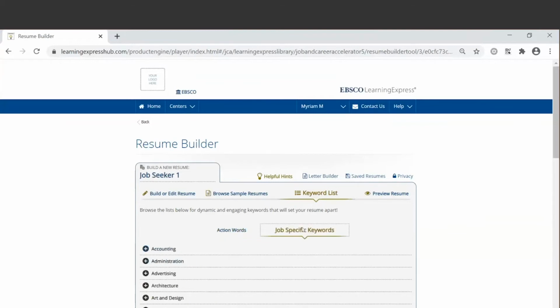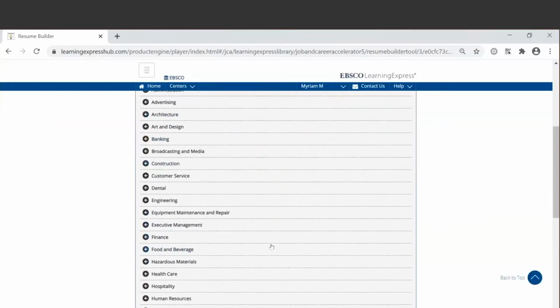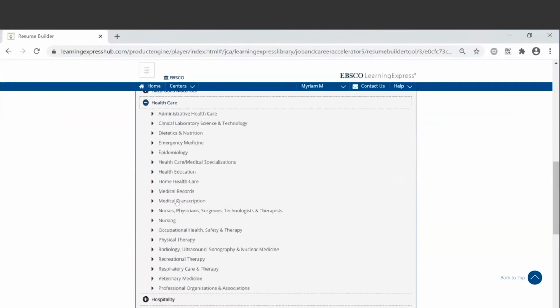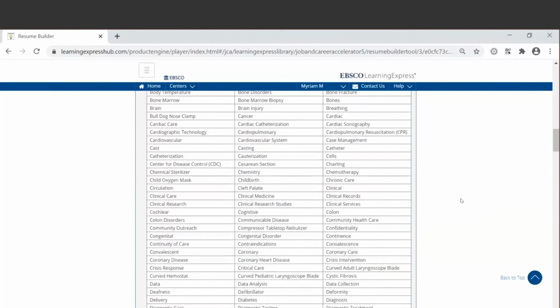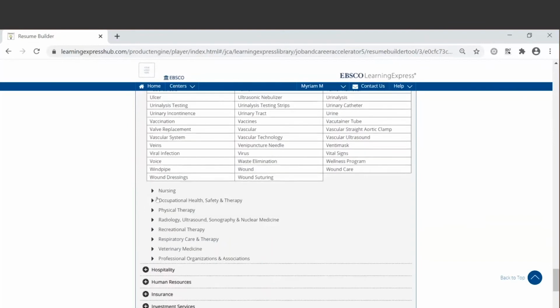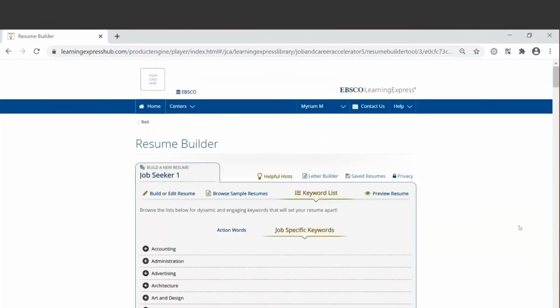And this is to help your users set their resume apart, especially if an employer is using resume scanning software. This will help your users' resume reach the hands of hiring managers to get that interview. And so we can really go specific. Again, healthcare, drill down to nurses or nursing. And as you can see, here are some terms that your users can sprinkle onto their resume to get that call. And so let's get back to the top.